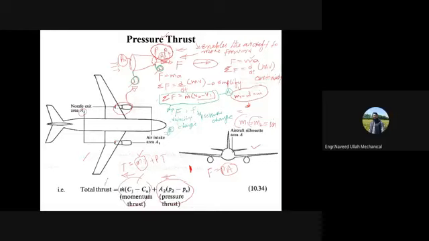सो जो आपके पास टोटल थ्रस्ट होगा दैट विल बी m dot (Cj minus Ca), that is the momentum thrust, and A2 (P2 minus Pa), this is atmospheric and this is exhaust में। अगर ये दोनों सेम हैं ना तो प्रेशर थ्रस्ट जीरो होगा। अगर P2, लेट्स सेय फॉर एग्जांपल somehow P2 जो एग्जिट के ऊपर प्रेशर है, this is equal to Pa, which is in case of subsonic flow। अच्छा, इसीलिए आप जो थ्रस्ट का फार्मूला अमूमन हम लिखते हैं ना वो यही लिखते हैं, दिस वन, टोटल थ्रस्ट इज इक्वल टू m dot Cj माइनस, ये प्रीवियसली भी हमने लिखा था।